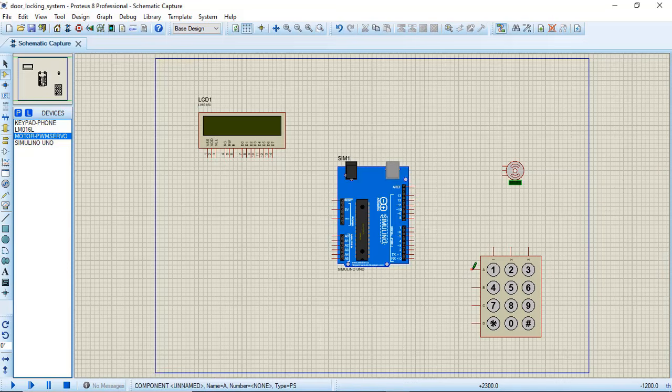So here pin A will be connected to 0. It is not mandatory, you can select your own pin. You have to do the changes in the code, so I will explain you how you can do that.